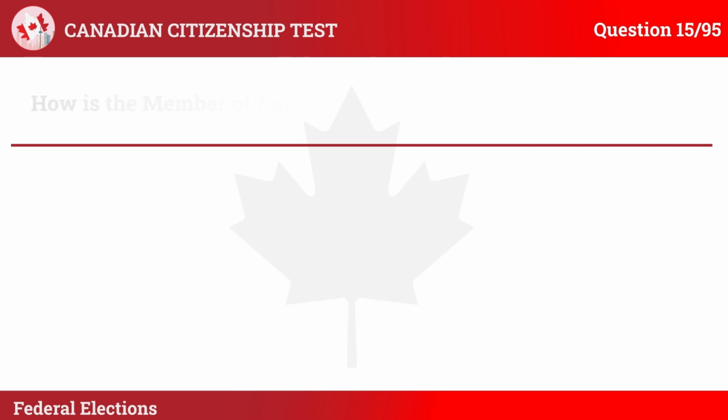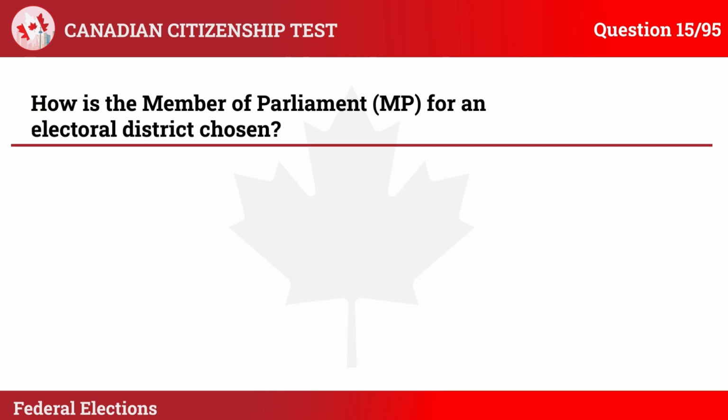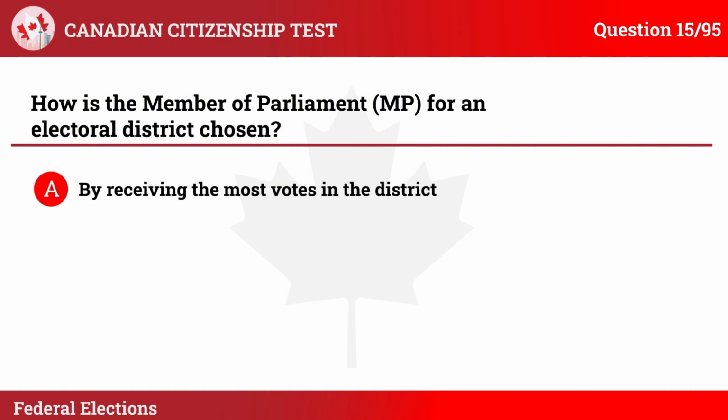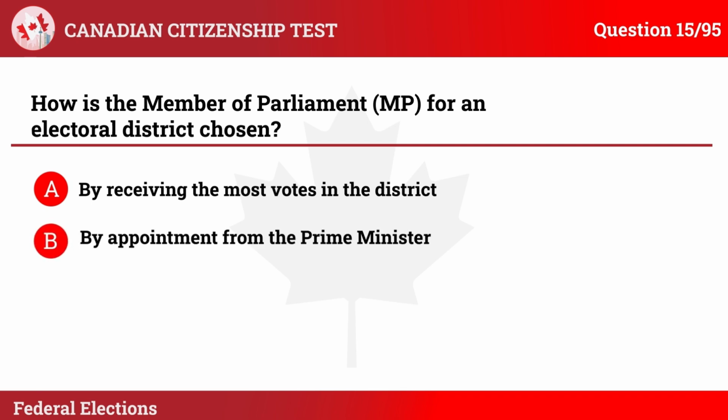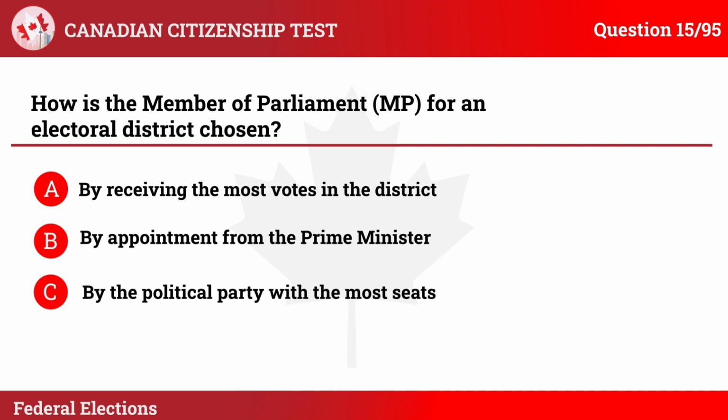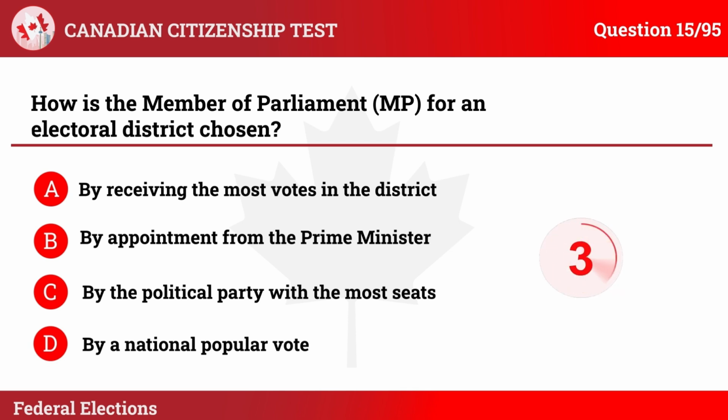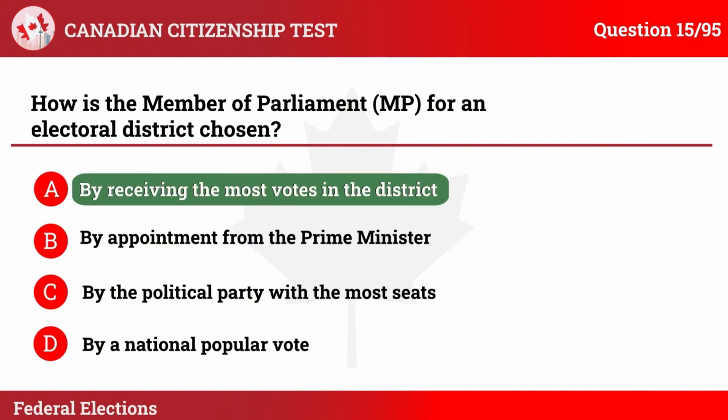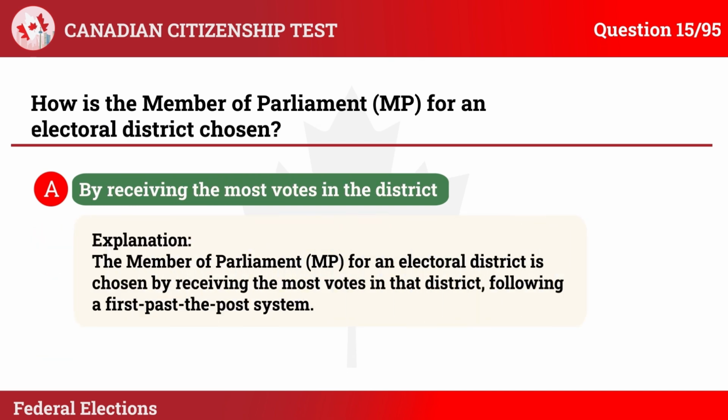Question 15. How is the Member of Parliament, MP, for an electoral district chosen? A. By receiving the most votes in the district. B. By appointment from the Prime Minister. C. By the political party with the most seats. D. By a national popular vote. The correct answer is A. By receiving the most votes in the district. Explanation: the Member of Parliament, MP, for an electoral district is chosen by receiving the most votes in that district,